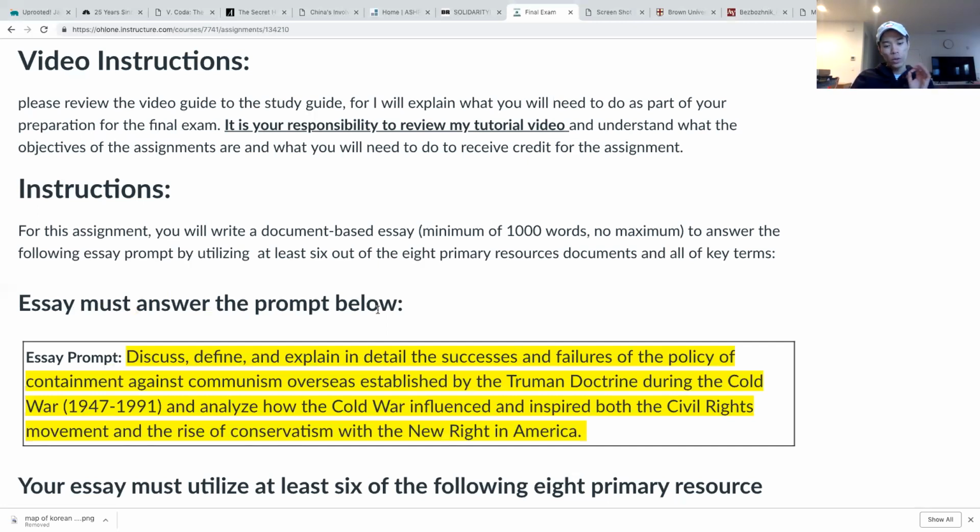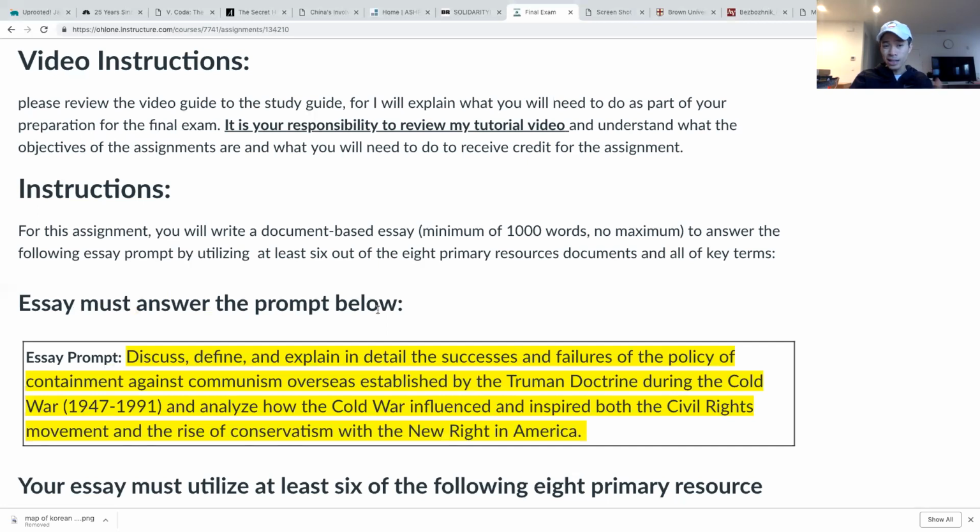Do not try to group all four of those events and throw them in one paragraph. It's not happening, guys, okay? You are not going to do that. I'm letting you know right now, if you try to throw all of those events in one paragraph, you're going to be in a lot of trouble, because those events are way too big for one paragraph. With each and every single one of those events, the Marshall Plan, the Cuban Missile Crisis, the Korean War, the Vietnam War, you need to